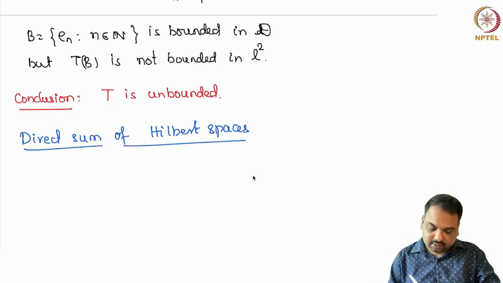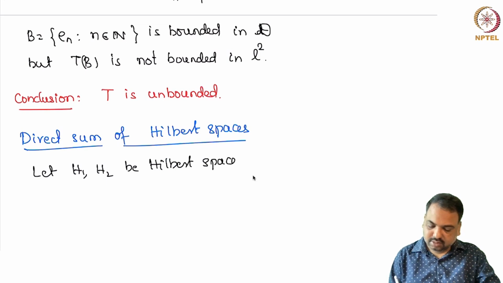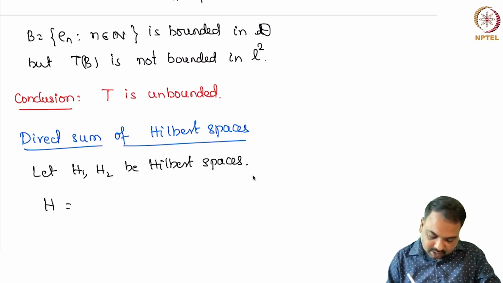Suppose we have two Hilbert spaces. Let H1, H2 be Hilbert spaces over the complex field C. Then we define their direct sum